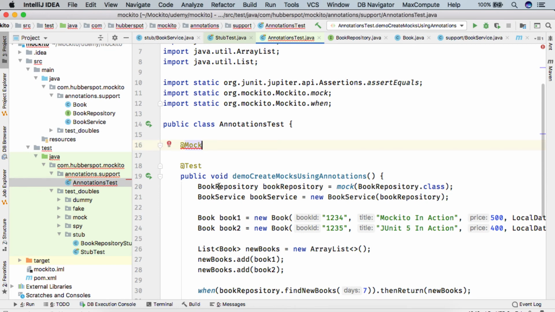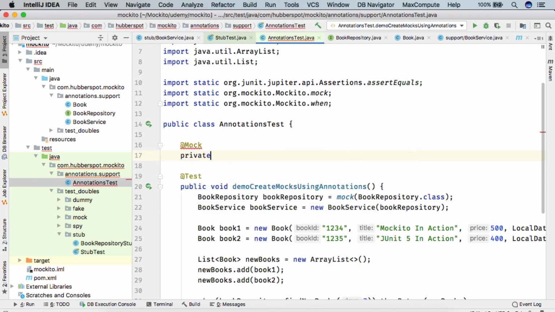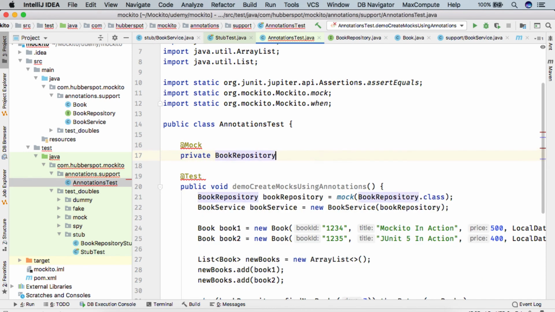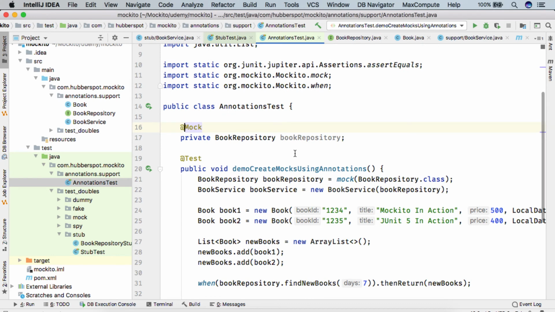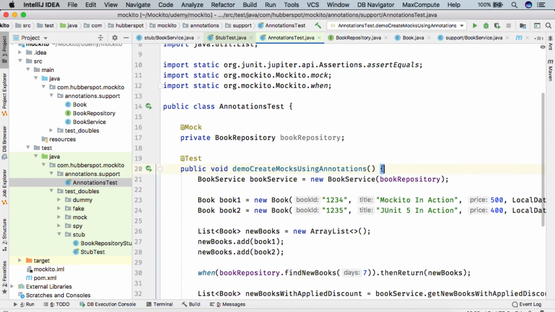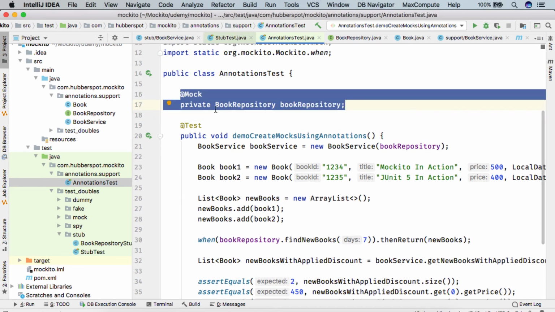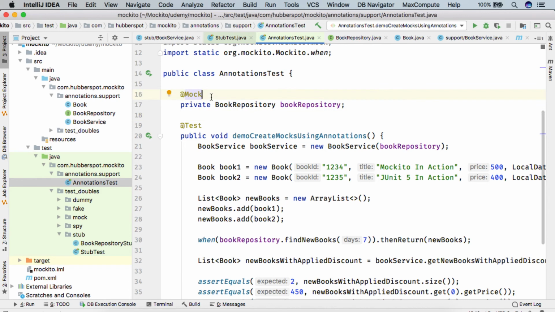So here, as we want to mock BookRepository, we'll simply create an instance variable here, and that's it. Our mock is ready. So now we can remove this line. This is one of the annotations which Mockito provides to create the mocks.